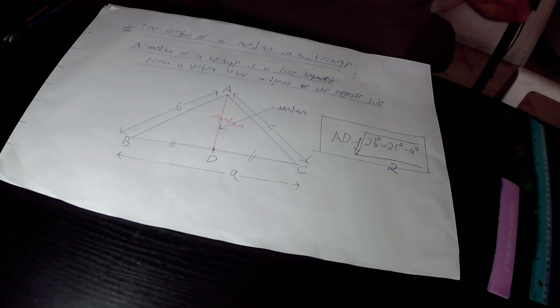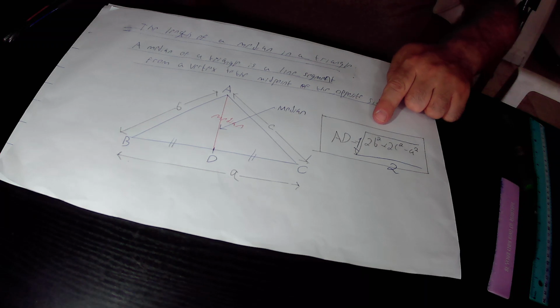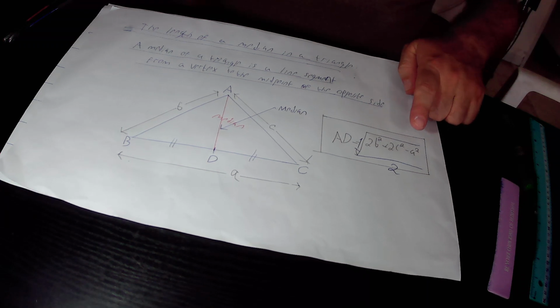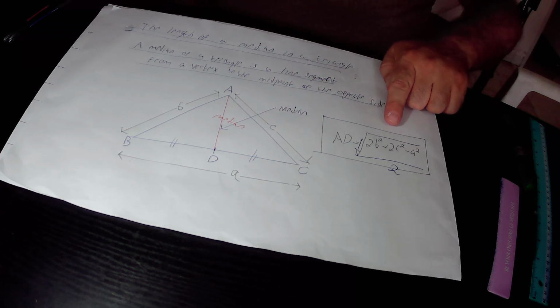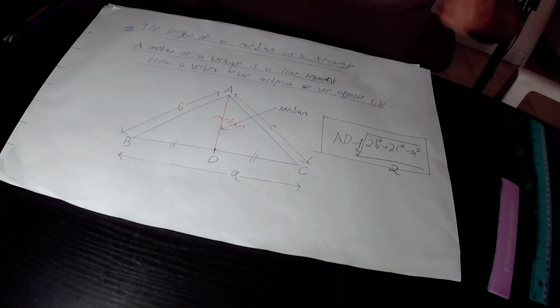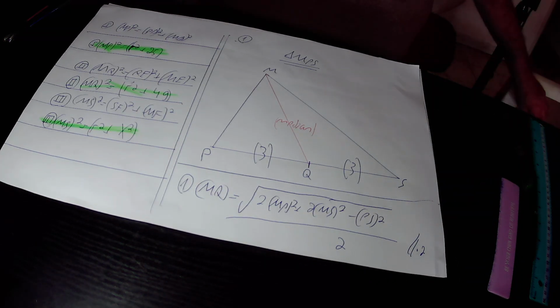According to the new formula, the length of the median AD equals the square root of 2b squared plus 2c squared minus a squared, divided by 2. Again, the length of the median AD equals the square root of 2b squared plus 2c squared minus a squared over 2. So we use this new formula in order to find out the length of this median